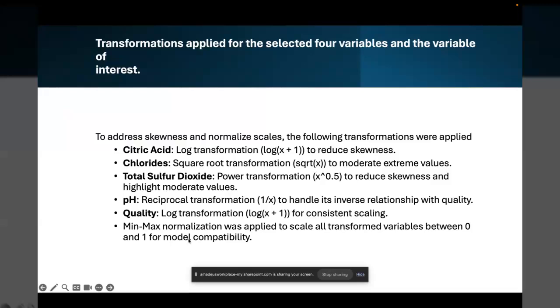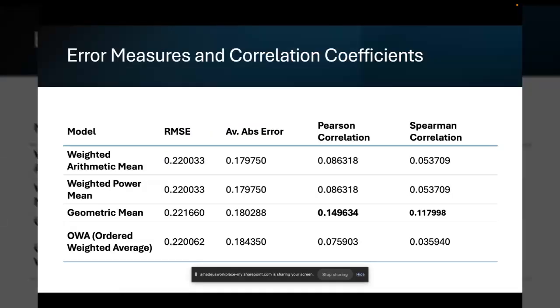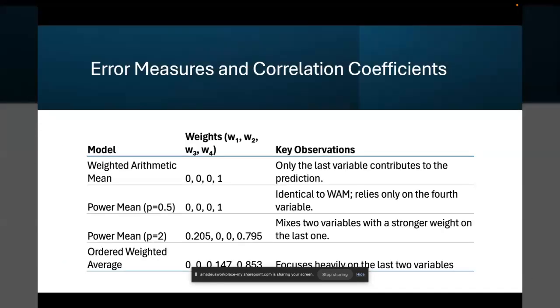Additionally, min-max normalization was used to scale all the variables between 0 and 1, ensuring compatibility with the models. And while I executed all the models, here are the error observations I have observed. Another table also shows the correlation coefficients as well. Here we can say that